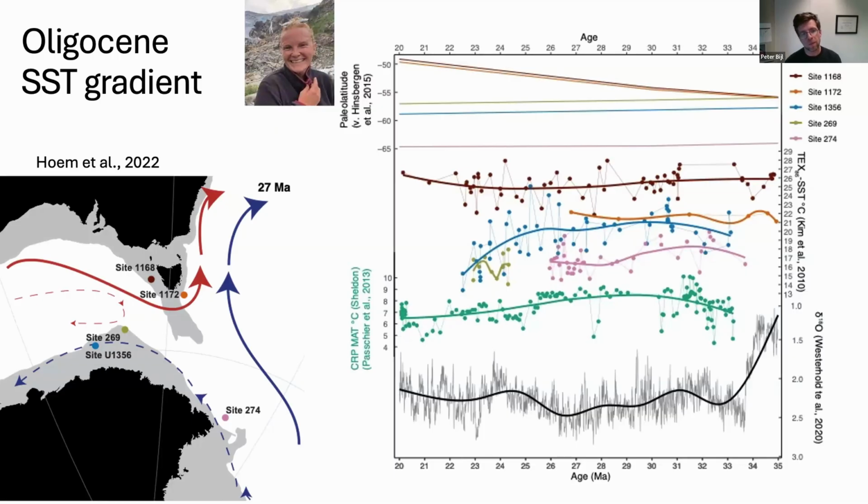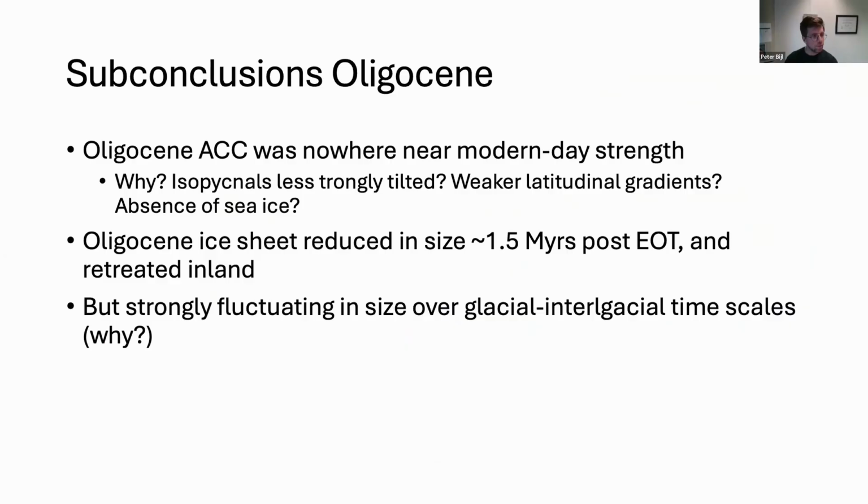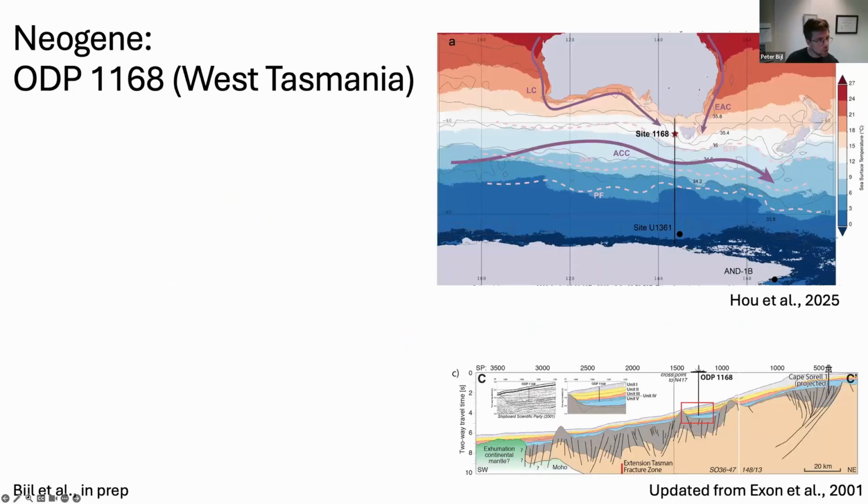So that shows us that the latitudinal temperature gradients, the strong gradients we know of today, were nowhere near as developed in the Oligocene as they are today. Okay, then I want to say a little bit about, as a final thing, the Neogene,